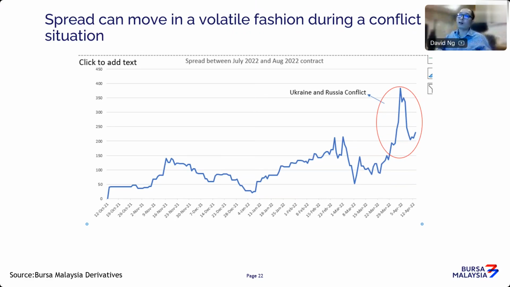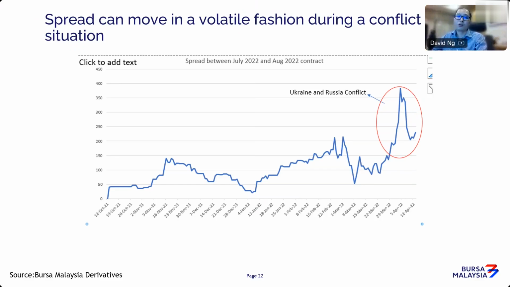Not to say that the range of a particular market is always going to be very small. It can be a huge movement when it comes to spread. So keep that in mind. Nevertheless, if you recall back in those days during the peak of the Ukraine-Russia conflict, CPO broke an all-time high record of close to 8,000 ringgit per ton. So the outright movement is also much greater compared to spread. However, you must acknowledge that in times of crisis or major uncertainty, sometimes the spread can go into a very volatile range as well. So do keep that in mind. But in normal times, in normal circumstances, spread ranges are actually very limited.